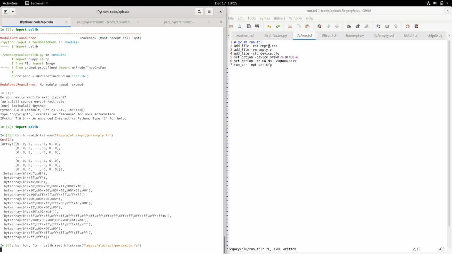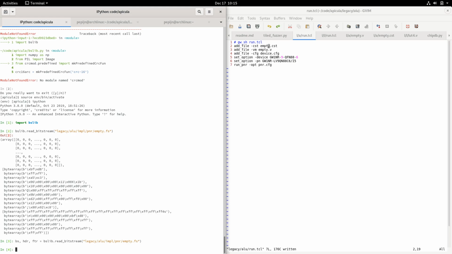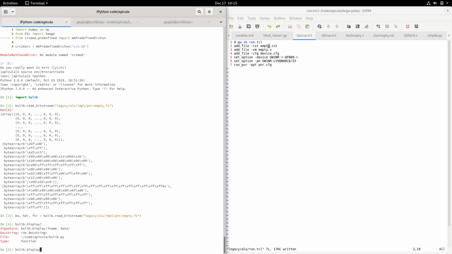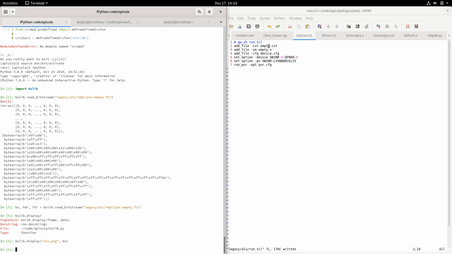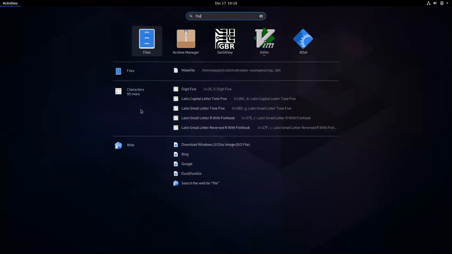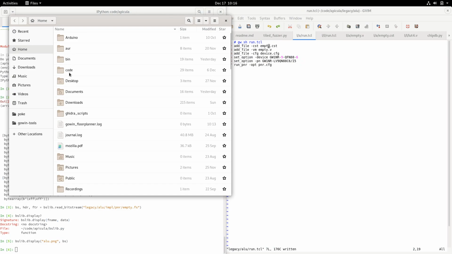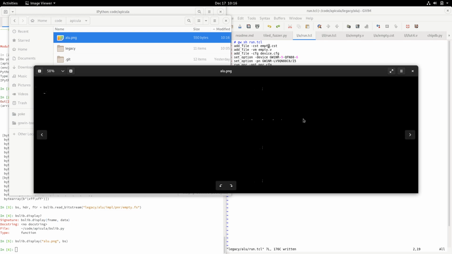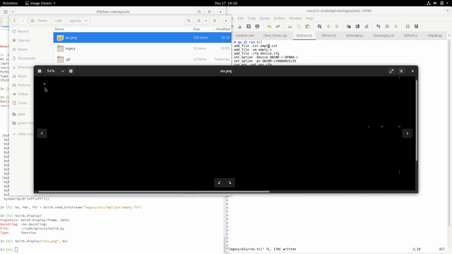We don't need them, but then we can say, okay, I want to just display this bitstream. No, it takes the file name first. So we say ALU.png, bitstream. Let's see, ALU.png. Okay, so we placed it there in the top,